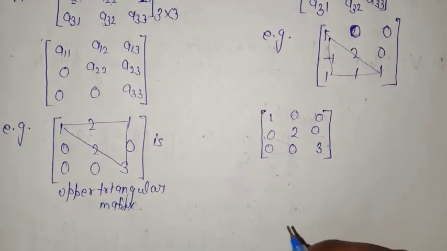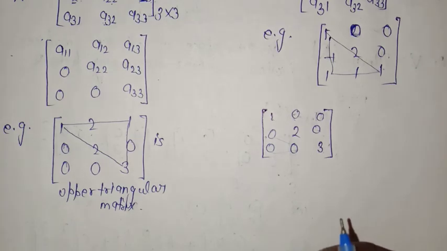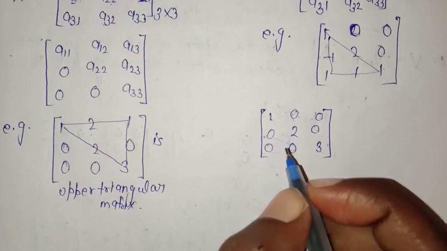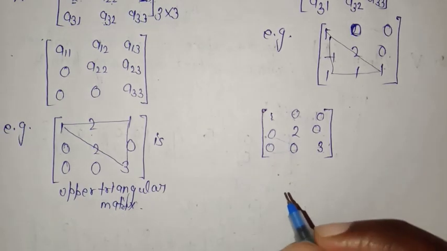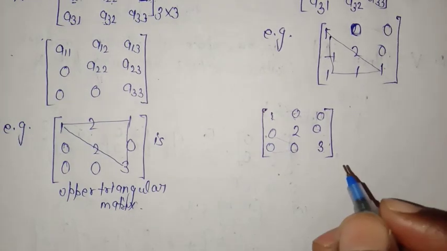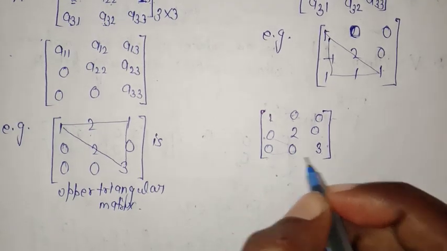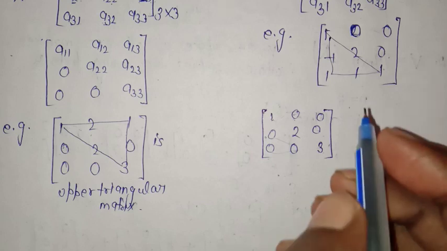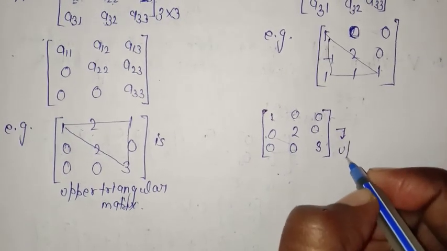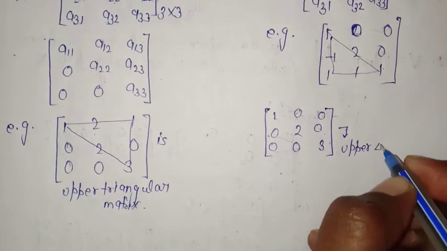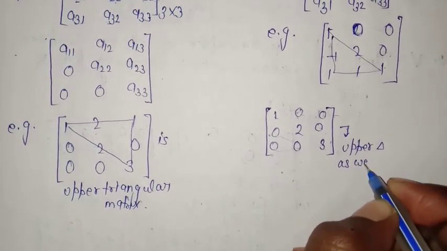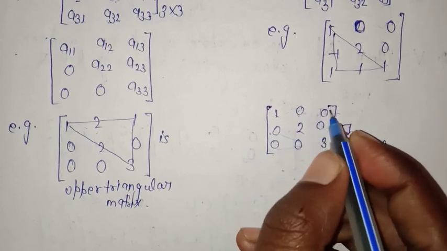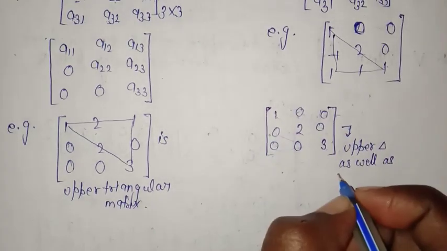So these kinds of matrices are called both upper triangular and lower triangular, and such matrices exist in uncountable number. That is, there exist uncountably many matrices which are upper triangular as well as lower triangular. So this matrix is upper triangular as well as lower triangular, because we have to see only those elements which are lying above and below the leading diagonal.